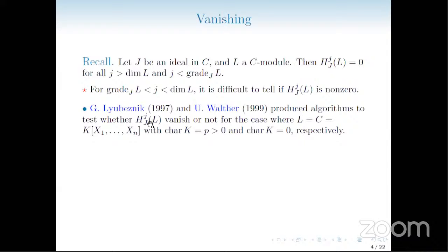That reduces the situation to this: to compute the cohomological dimension, actually we have to check whether the local cohomology module of R vanishes or not. We don't have to check for any arbitrary module. We just have to check for the local cohomology module of the ring. And so it reduces to this situation, but even then there is no known algorithm to compute the cohomological dimension,